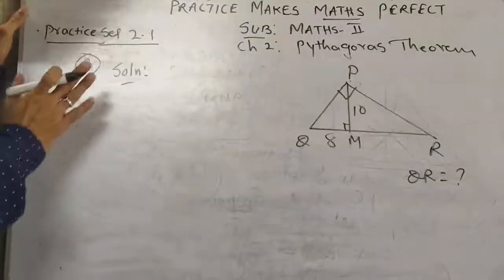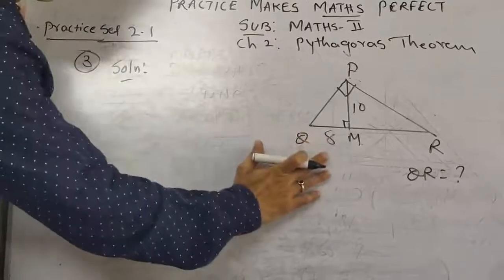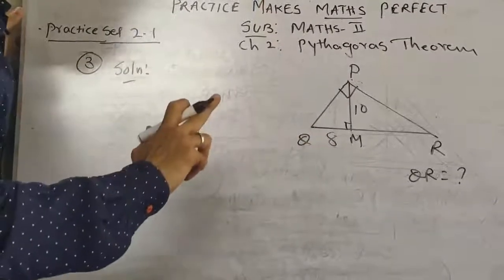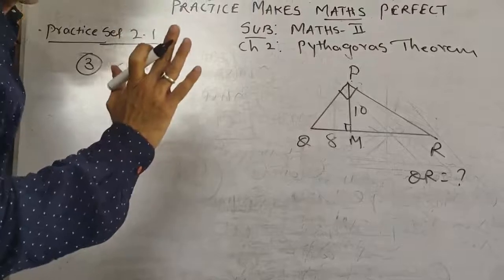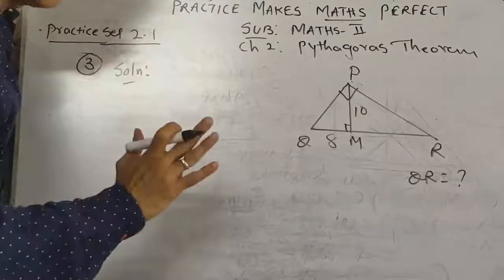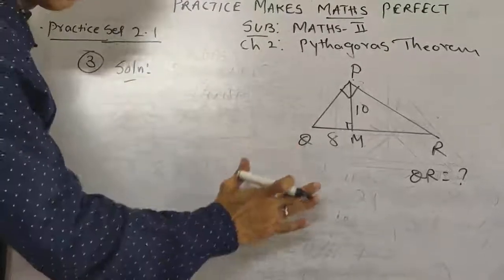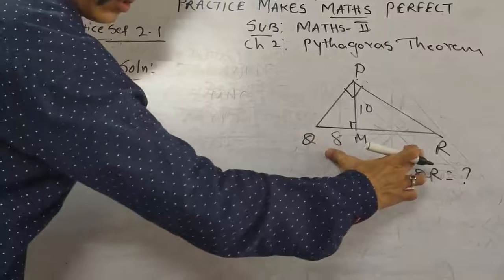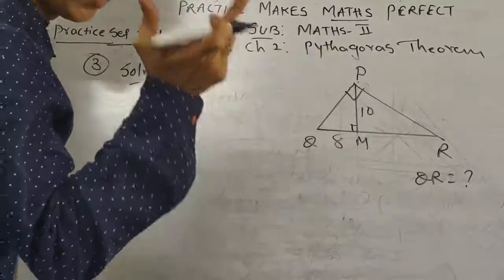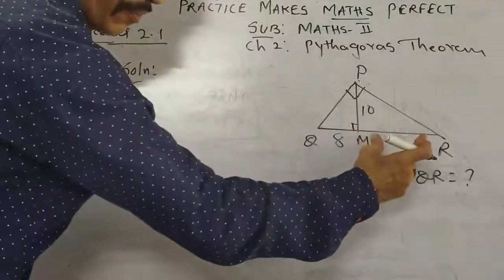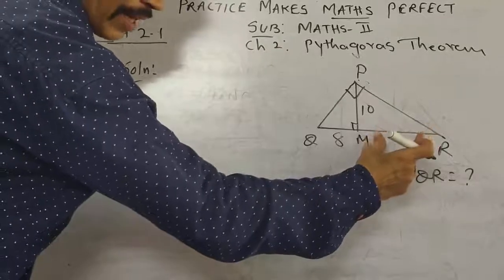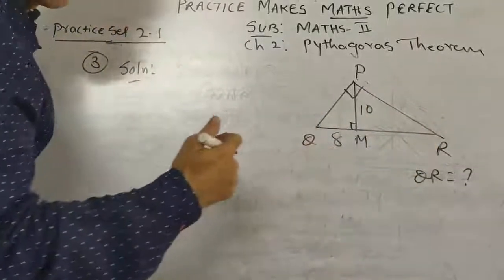Okay. Now come to sum number 3. Diagram is given to you. Same like second sum, how we have solved, we will take the help of the theorem of geometric mean here also. But here we want the value of QR. So first, with the help of the theorem of geometric mean, you will get the value of MR. After getting the value of MR, then you will add collinear points.